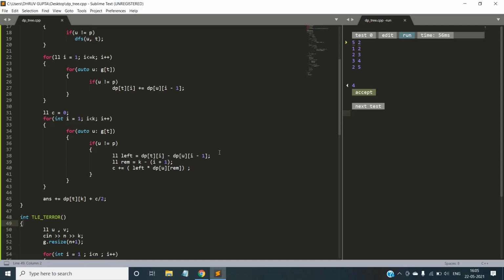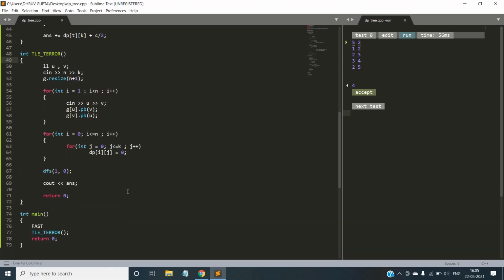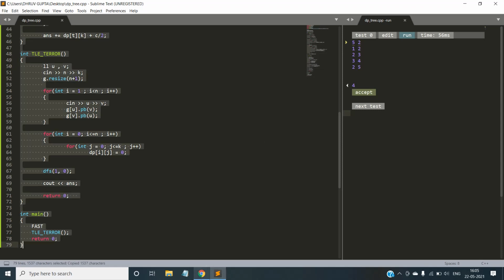And since we have iterated through all the edges, through all the children, all the paths will be counted twice, like a b and b a both will be counted, but we have to count this as one. So we will divide c by 2 and we'll add it in the answer. So in this way we will get our final answer. So here, as you can see, the given test input is 4. So now let me submit this code and check whether it is correct or not.